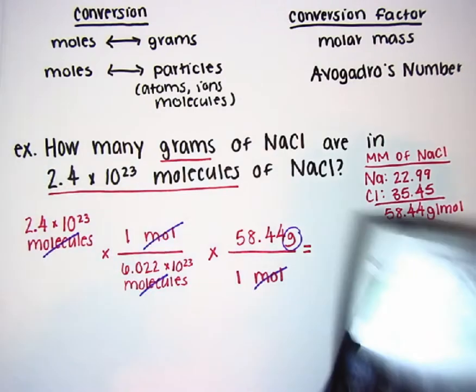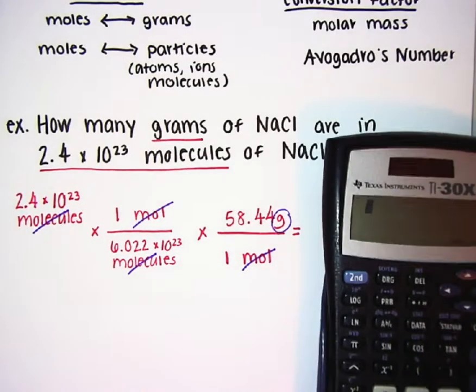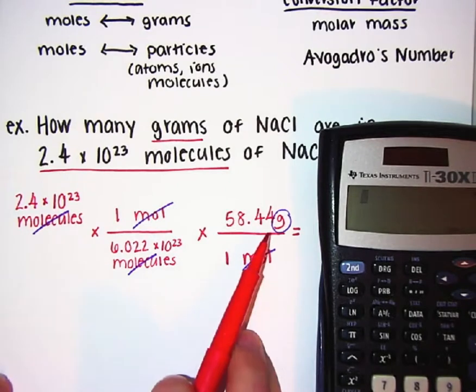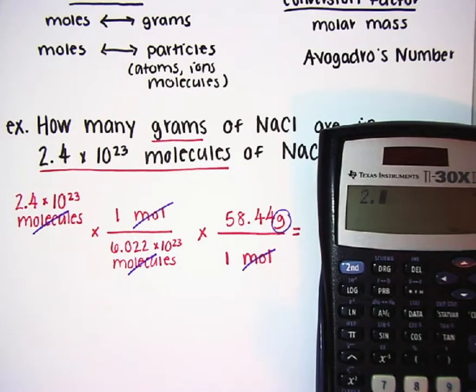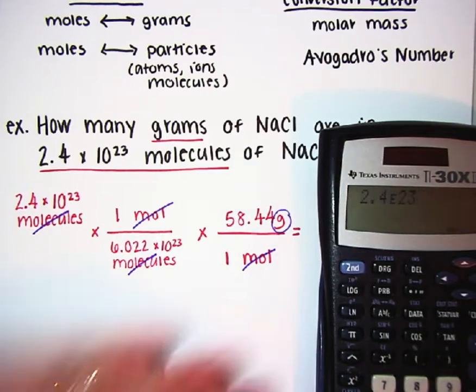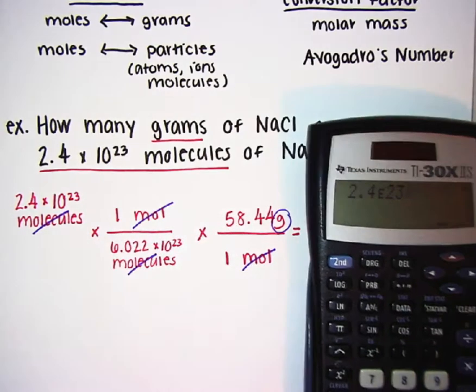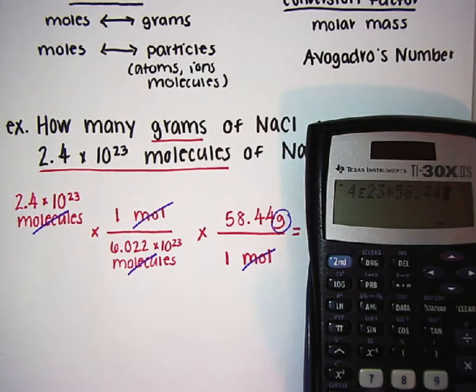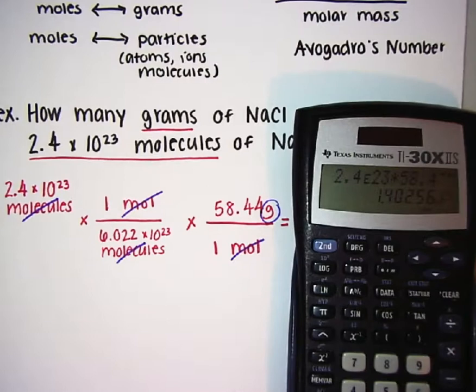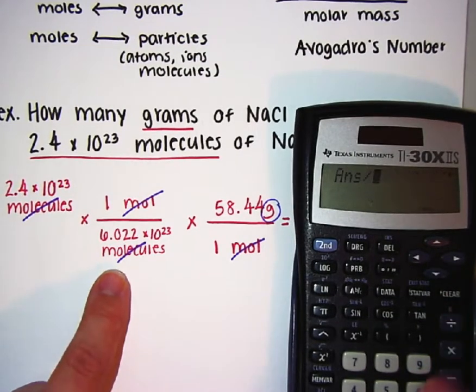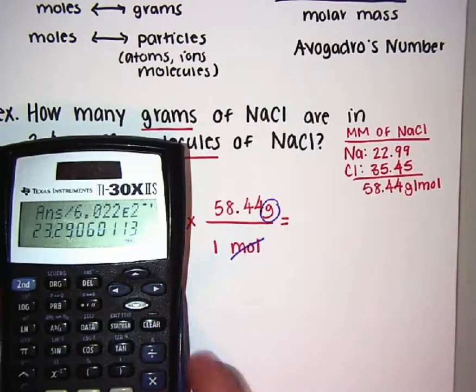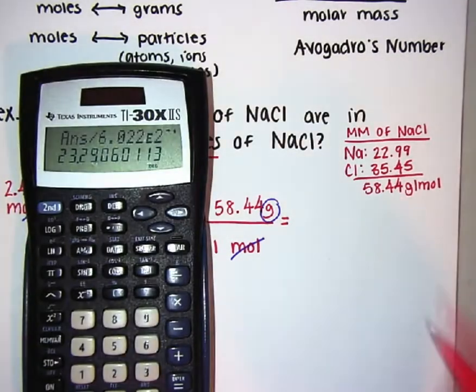So lastly, let's put this in our calculator and solve. Anything across the top multiplies. So 2.4 times 10 to the 23rd times 1 times 58.44. And then we're going to divide by anything on the bottom. Divided by 6.022, E23, and I get